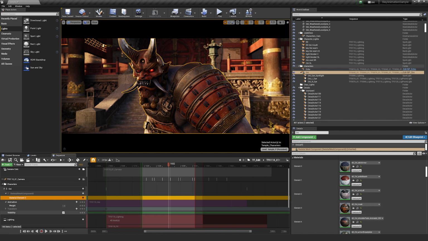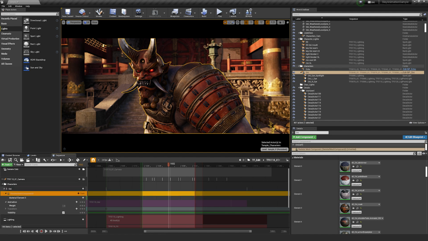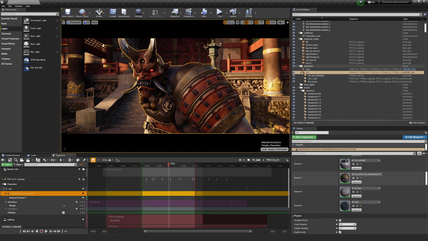In order to do that, we need to go through a particular set of steps. We need to first get to Oni as the overall component. We then go into his skeletal mesh component, which holds all of the information for all of the slots, which are all these elements that he has.